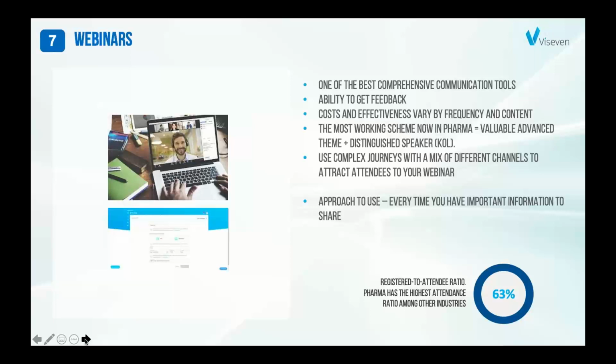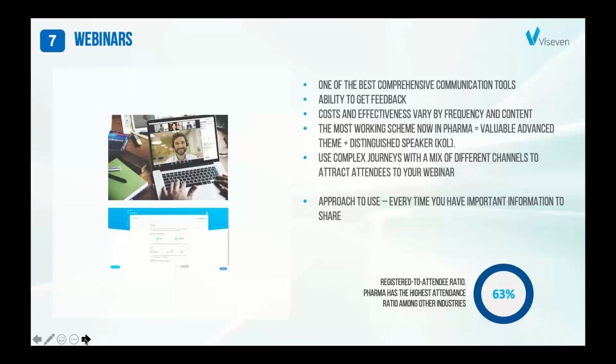And also it's a pretty good way to collect feedback directly from the users, to hear their thoughts, to see their questions, and so on. And it really can be cost effective, but it really depends on content and the frequency, how often you will conduct the webinars. And if it's one kind of simple advice that we can give to any pharmaceutical company, what is the best formula, for example, in order to have a really high converting and really effective webinar.